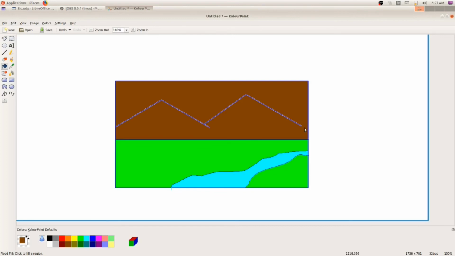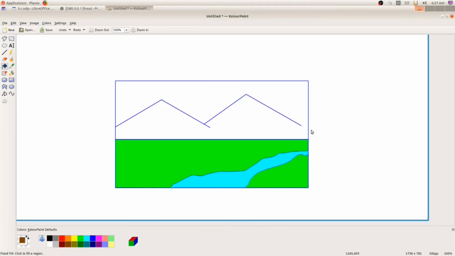You notice here, you can see a gap. So if a gap is there while you're drawing the picture, then the color will spread over all these portions. Is it clear? So fill that gap first. The solution is fill that gap.